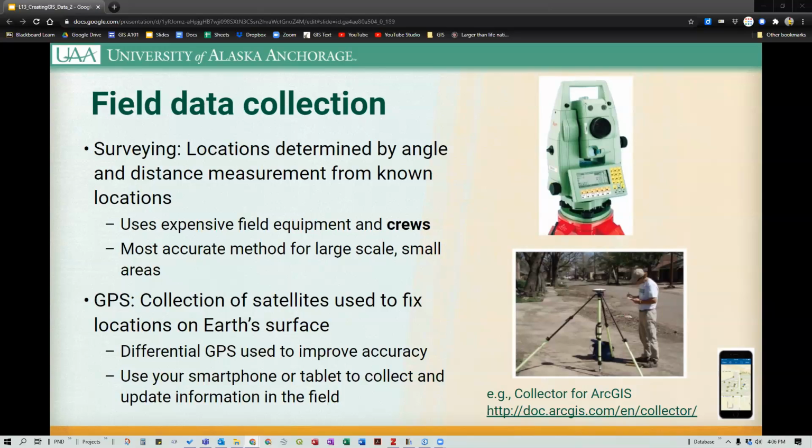So if you're looking for high accuracy surveys, we still use conventional survey methods to get the really precise